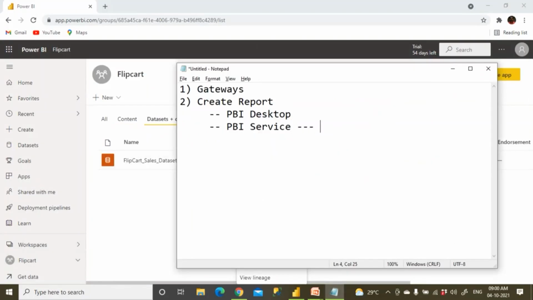Actually, this is where earlier, in Jan 2015, Microsoft released Power BI service, where you can create a report. Later, in October 2015, Power BI desktop got released. The first is Power BI service, where you should be able to create a report and everything. Later, they released one more software called Power BI desktop in October 2015,